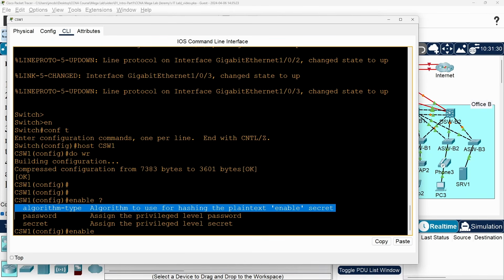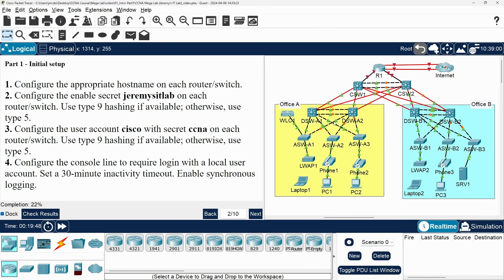I cover this command in my book Acing the CCNA Exam, but I haven't covered it in my video course, so you might not be aware of it. At some point, I'll update the course and include it. Anyway, in Packet Tracer, these core and distribution switches, which are Catalyst 3650 switches, support this command, and you can use type 9 hashing on them. But the other devices, including R1 and all of the access switches, don't support the command. They only support type 5 hashing, which is MD5.